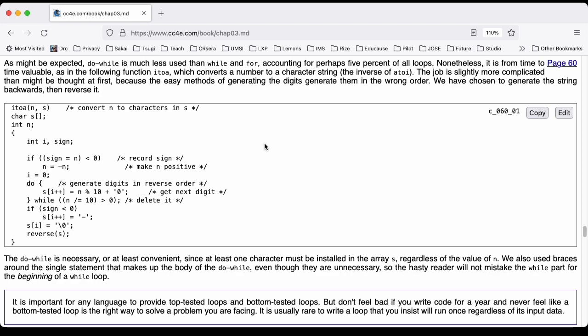The job is slightly more complicated than it might be thought at first, because the easy methods of generating the digits generate them in the wrong order. We've chosen to generate the string backwards and then reverse it. This is the first sample code on page 60 of the textbook. itoa(n, s) char s[]; int n; { int i, sign;